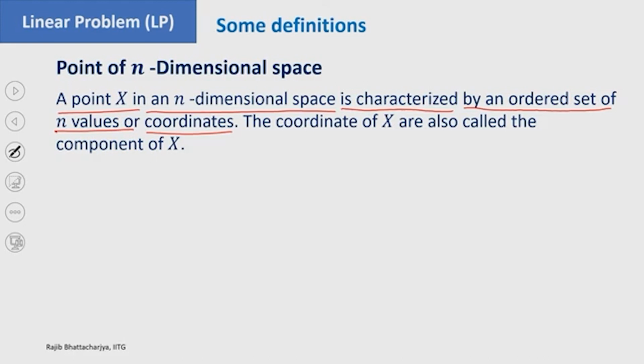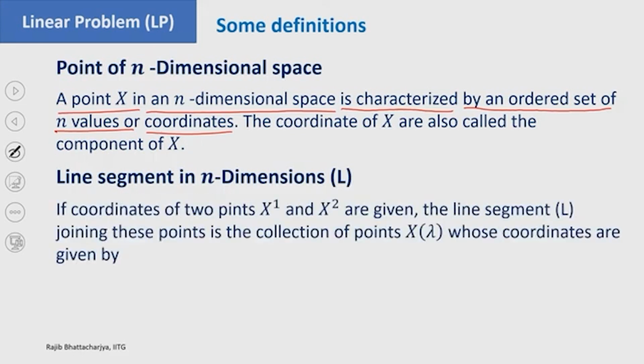So, what is a point of n dimensional space? A point x in an n dimensional space is characterized by an ordered set of n values, or I can say n coordinates. The coordinates of x are also called the component of x. Okay. So, line segment in n dimensions, if coordinates of 2 points x 1 and x 2 are given,